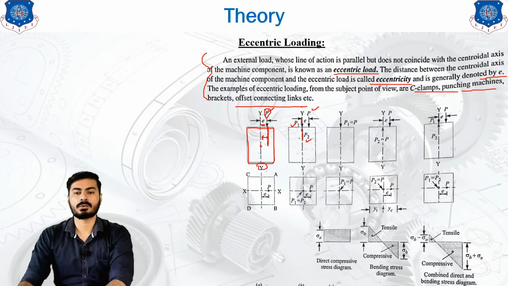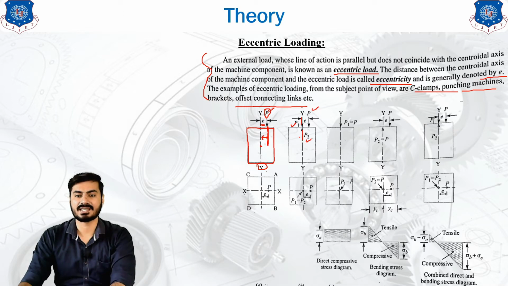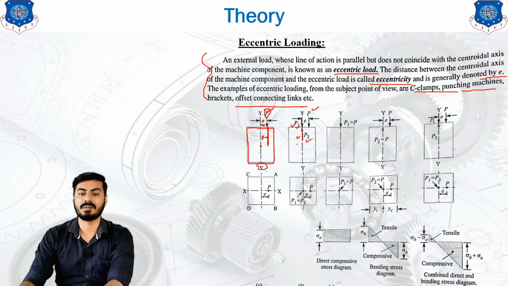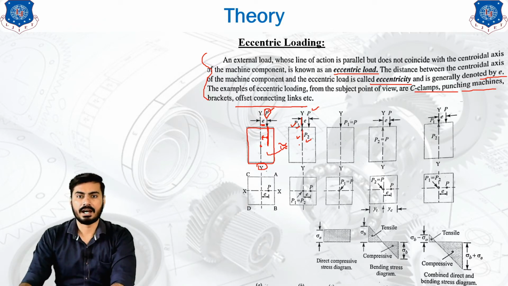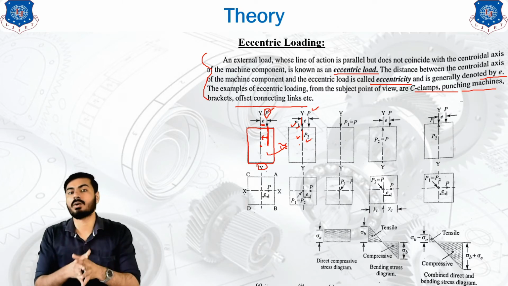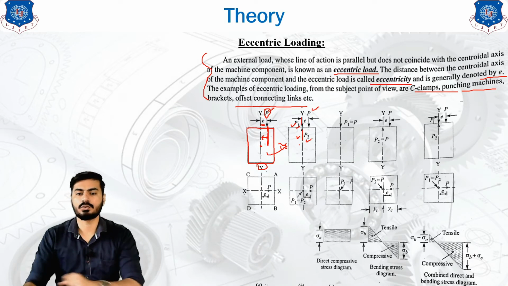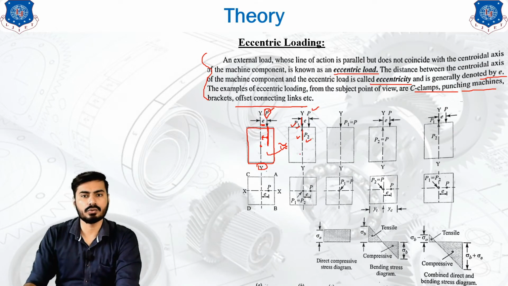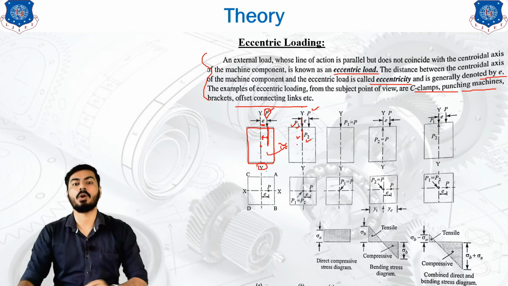Both forces are applied in opposite directions, and that's why we can say these two forces are not causing any disturbance or imbalance in the system. Your system is still equivalent to the first system. These two systems are still equivalent. This can be done using the principle of superposition, that we can add two equal and opposite forces to the system or remove them without causing any changes in the system. So these two systems are equal. Now we are going to separate the effect of all these three forces.